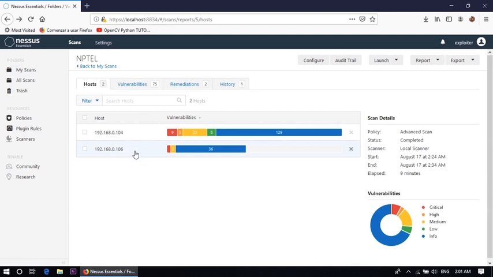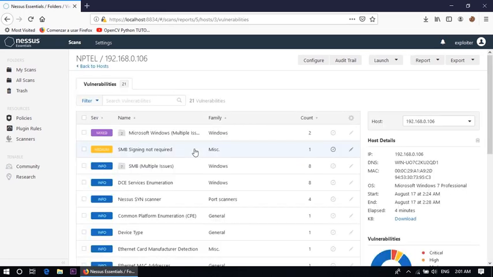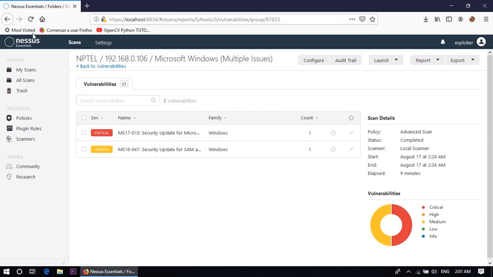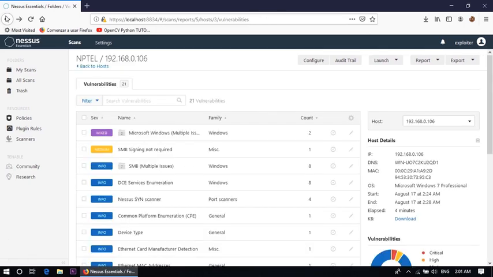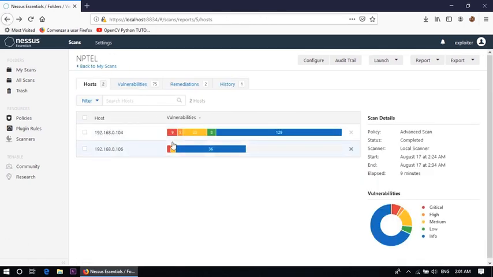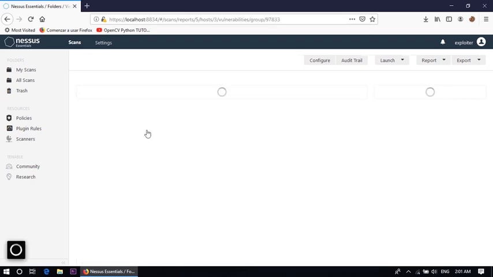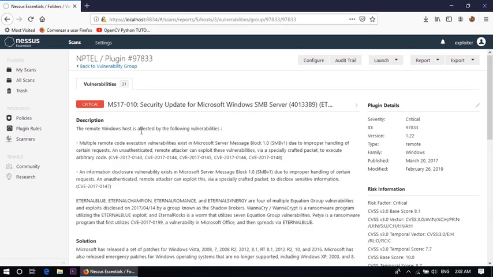192.168.0.106. It has a total of 21 vulnerabilities, with one critical vulnerability and two medium vulnerabilities, and 36 informational. And see, MS17-010, security update for Microsoft Windows SMB server.